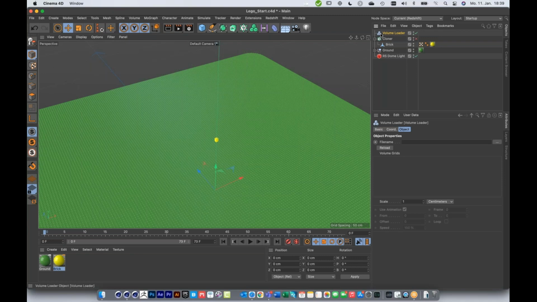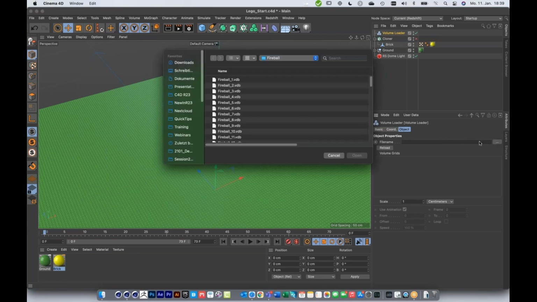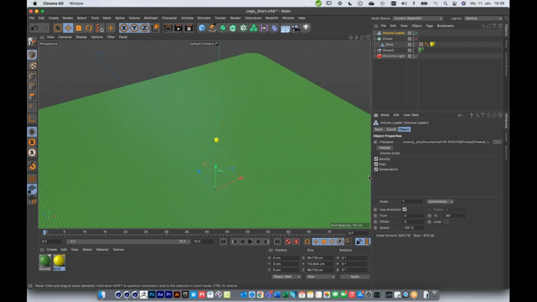If I use the volume loader, it asks me to have a look at my hard drive for a VDB file or VDB sequence, and I have a Fireball VDB sequence here. So I open this,